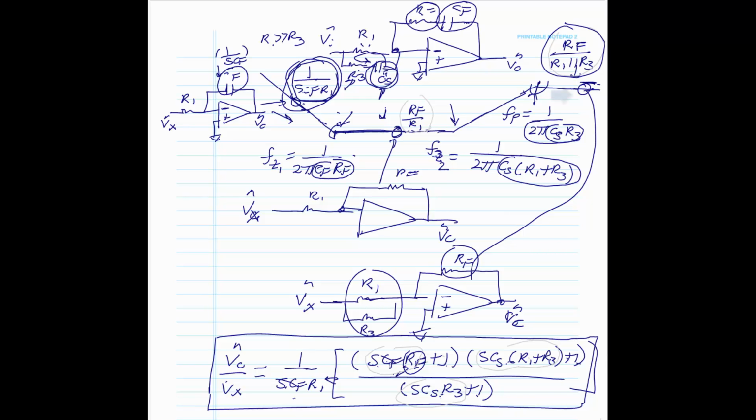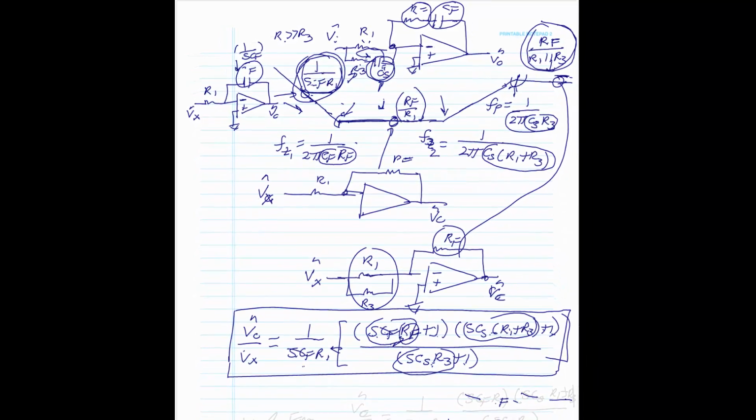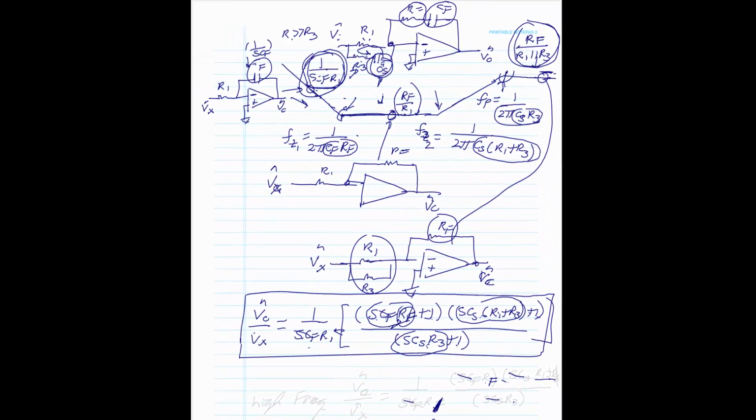Then you go back and look at your high frequency. And you see at high frequency that all this is much greater than 1, this is much greater than 1, and this is much greater than 1. So you can see you have two S's on the top, two S's on the bottom. You can see they cancel out. The CF on the top, the CS and the CS, and look what you got. Ultimately, at high frequency,